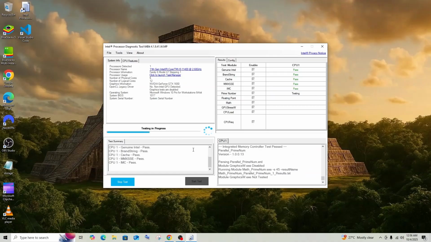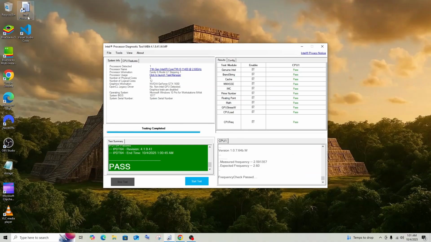Open it, select yes, and if you open this, the testing will begin like this. So before launching the test, make sure that you're having all the other applications in the background closed. Only this testing thing should go on, and you'll be hearing the CPU fan so loud because it's testing all